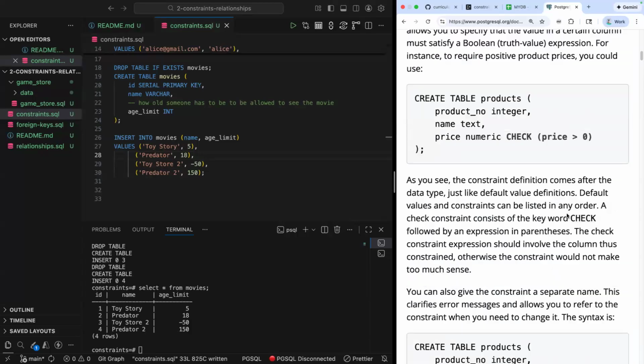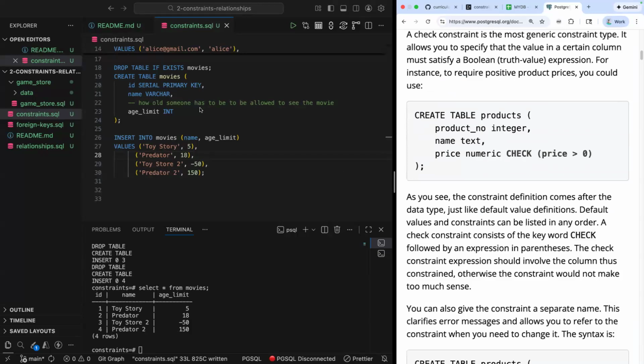To build a simple check constraint here, I want to check when inserting data that my age limit is greater than 0, and that the age limit is less than or equal to 18. Once you're 18 years of age, you get to see whatever movie you want, so there's no point in having anything beyond that. And now if I run my code,